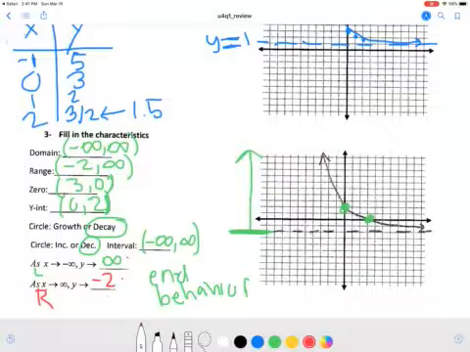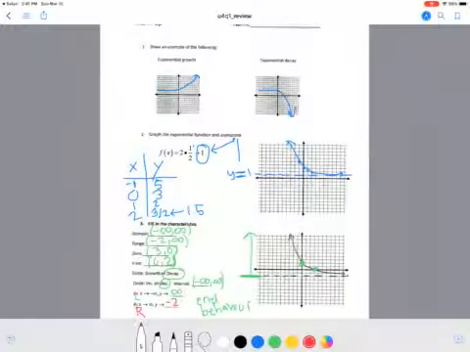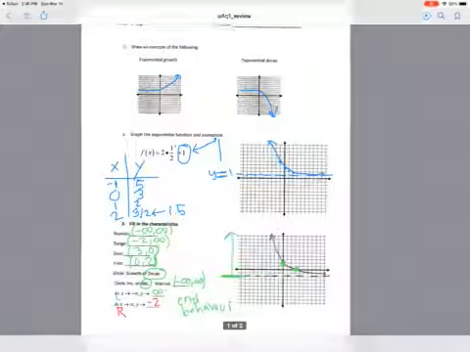Okay, so there's page 1 for our quiz review. Again, pause as needed. Work through these problems, but I only have a limited amount of time I can be on, so